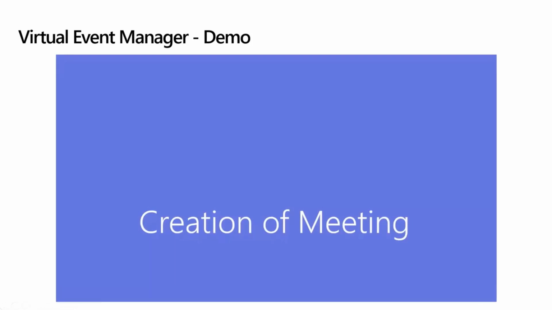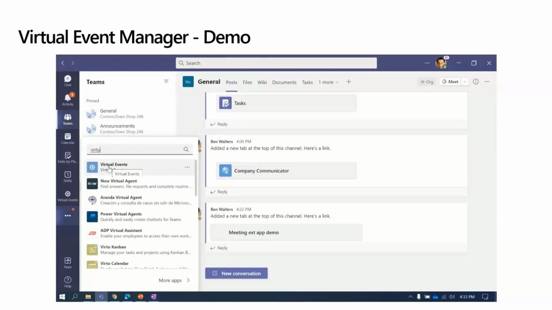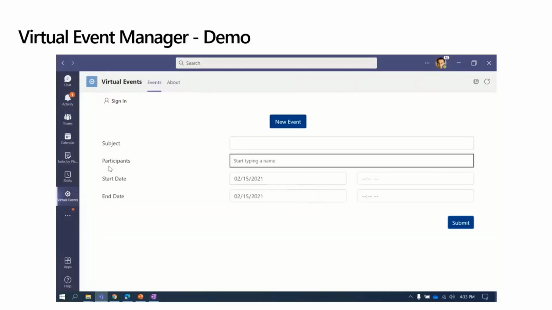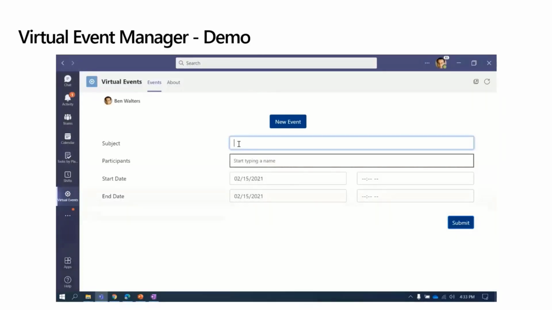What you see over here is basically a demo of the app in action. We open the app, and this is primarily designed as a personal scope app. We have a tab SSO that we are using for signing in. And once we sign in, we use the personal scope tab interface that you see over here to create a Teams meeting. This step uses a Graph API called Create Event Graph API that uses input parameters such as the